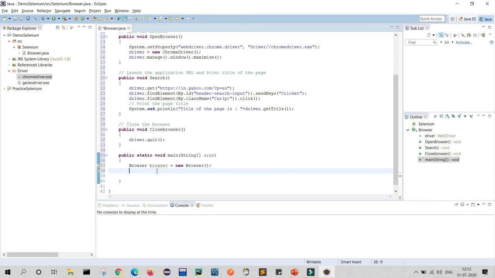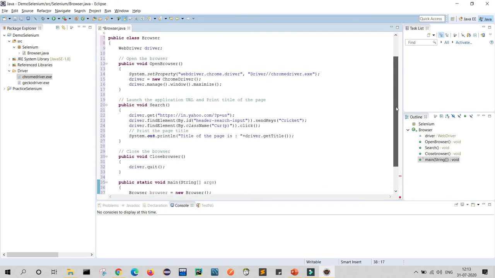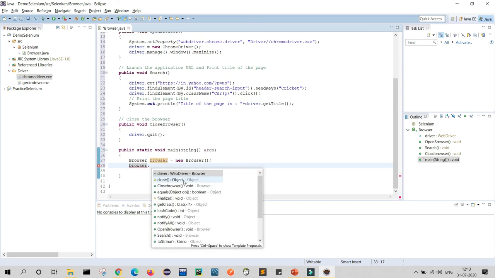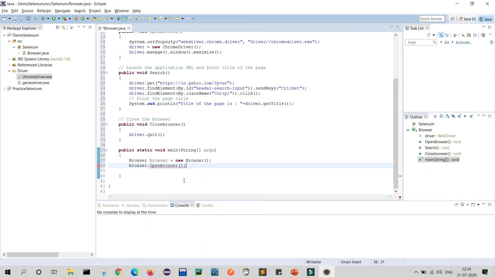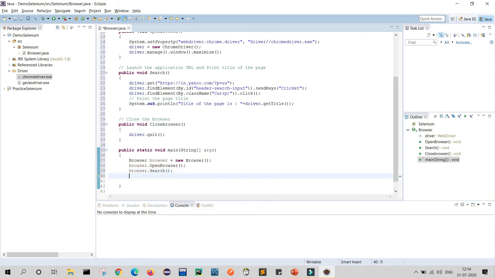So browser dot, my first method is open browser, so we will write browser dot open browser. Next is browser dot search. Third is browser dot close browser.